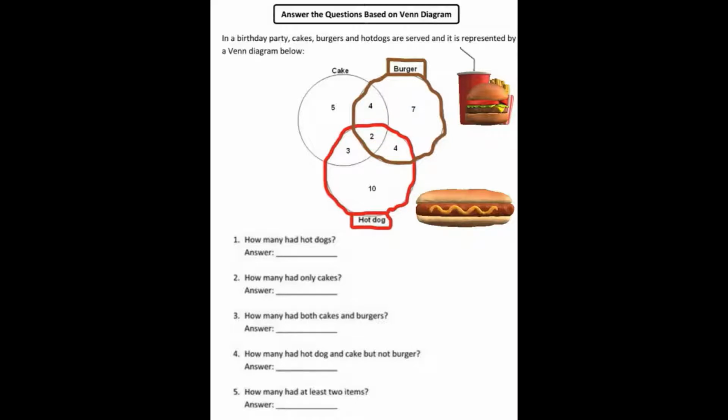Okay, and as you can see, I talked about numbers intersecting. You can already see some numbers intersecting with the hot dogs, such as 2 and 4, which we may or may not use depending on the question. Now